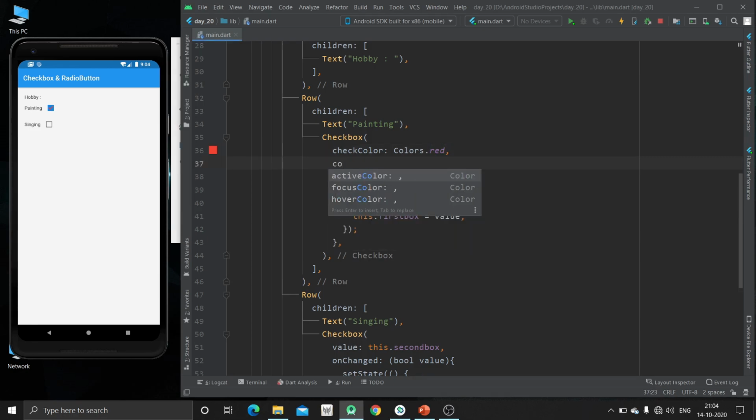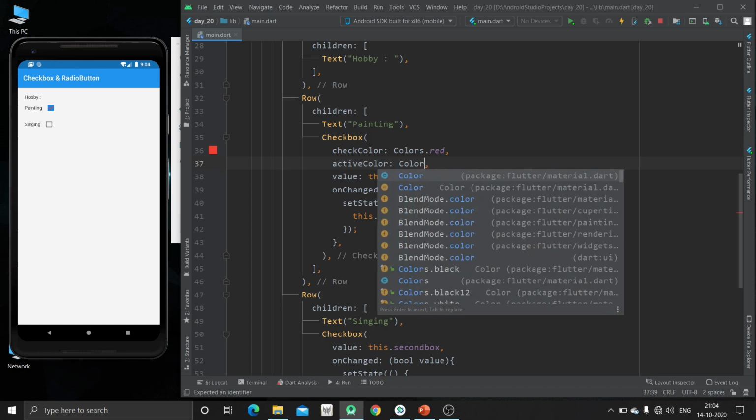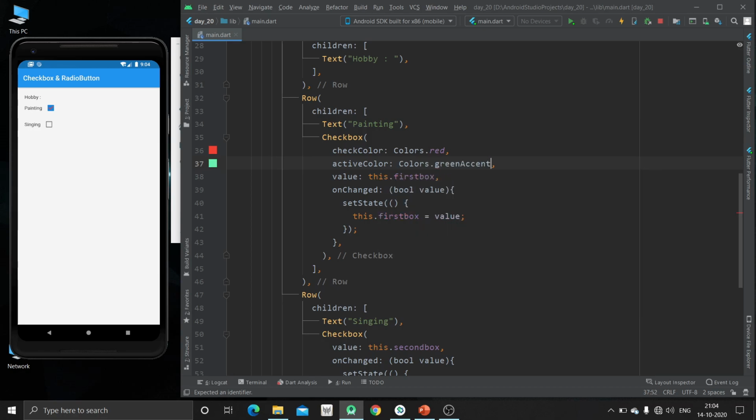Now similarly we can give some active color also. Now just hit Ctrl and S and now you can see this box is having green color, that is active color, and the tick mark which is check is having red color. By default the checkbox is having blue color and the tick mark is having white color. So we can change its color by using this property.